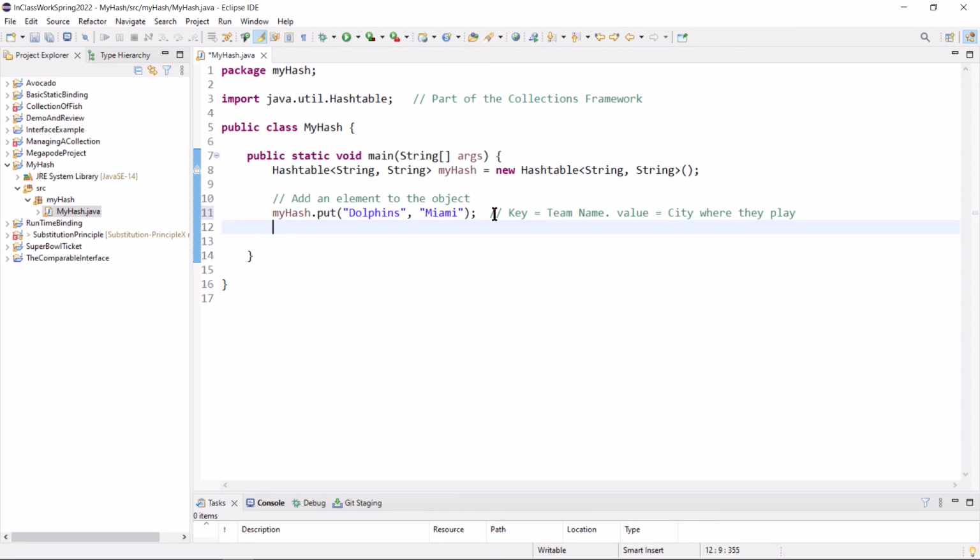When you run that line of code, it hashes dolphins. It takes the string DOLPHINS, it runs it through an algorithm, and it comes out the other end with an integer. That becomes the key that is stored in the data structure. There may be a lot of other things going on too. It's a black box to us, right? It's completely invisible. We don't know what's going on. But in general, that's how a hashing data structure works. All right, I'm going to add a couple more.